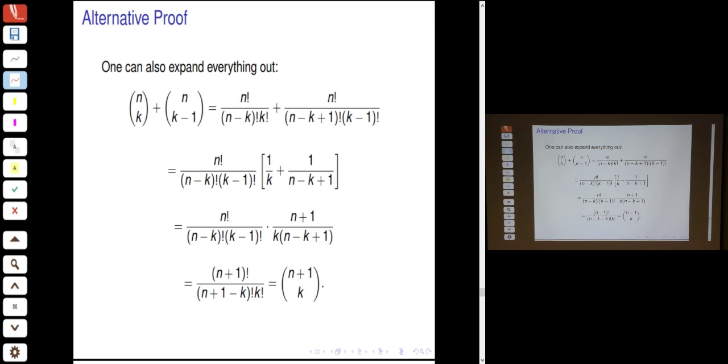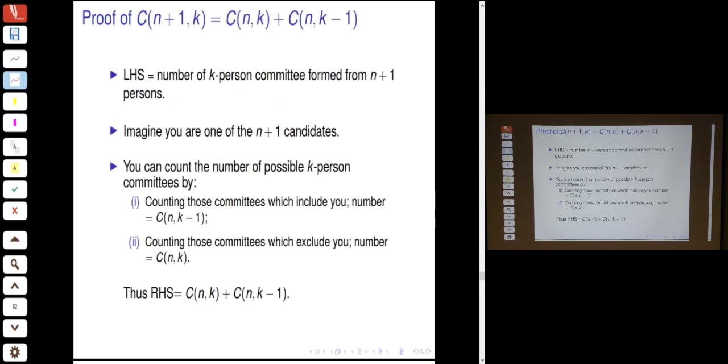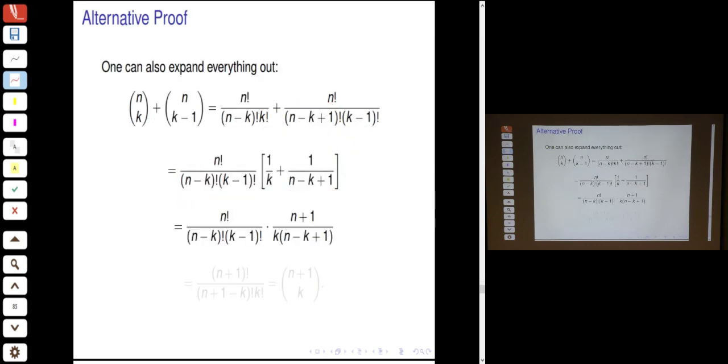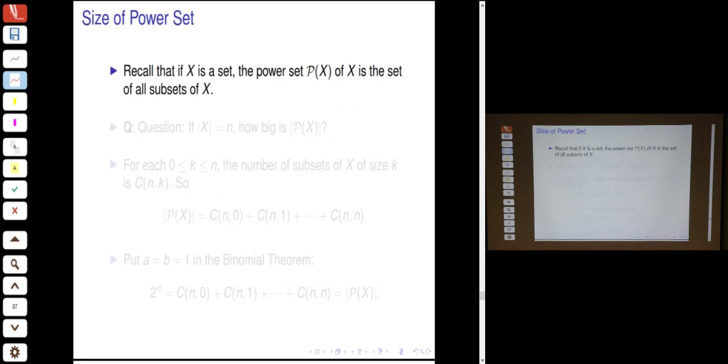You just manipulate symbols. If you do the counting argument, then you have to think a bit, right? So both proofs, I think, have some interesting features. Anyway, in any case, we justified this equality of the two combinatoric numbers. Okay, is that all right? Okay, now let's